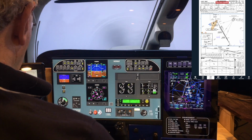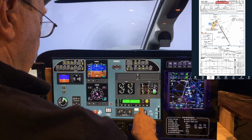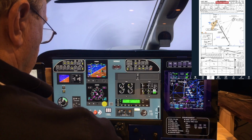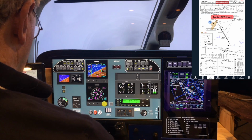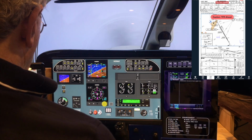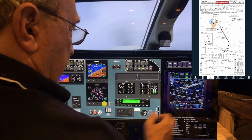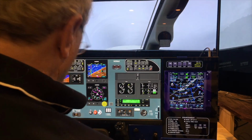Okay, let's go back to normal speed, and at this point the controller will say November 31062, turn right heading 131, maintain 3,000 until established. You're cleared for the ILS 16 left approach at Manassas. And I will repeat the instructions. Go to 131 heading. I am at 3,000 feet, so I stay there. Get a little closer, and it looks like I'm going to intercept the final approach course pretty darn close to GG. So let's get ready for the approach,